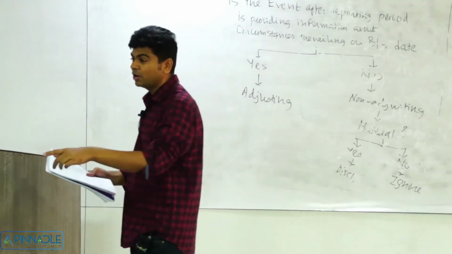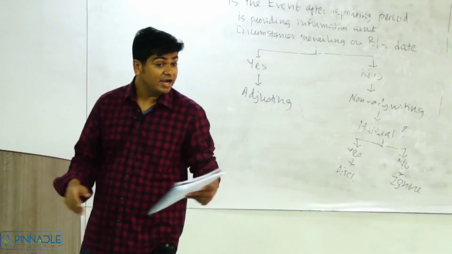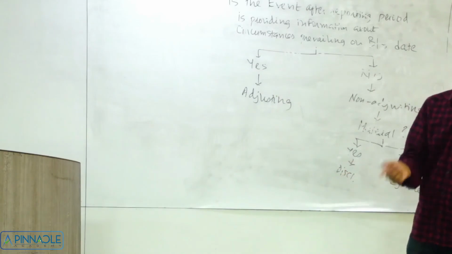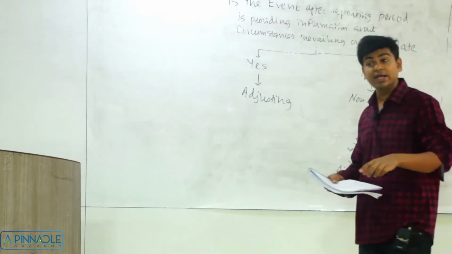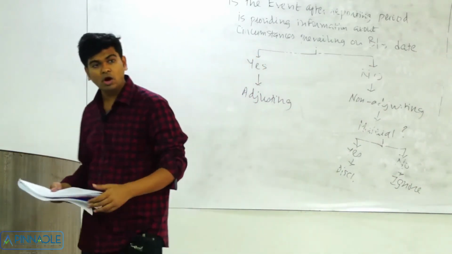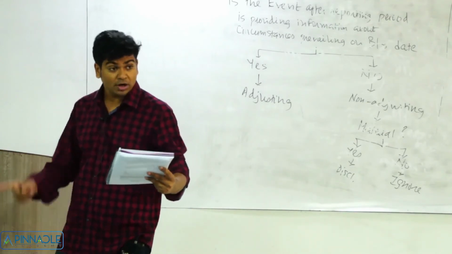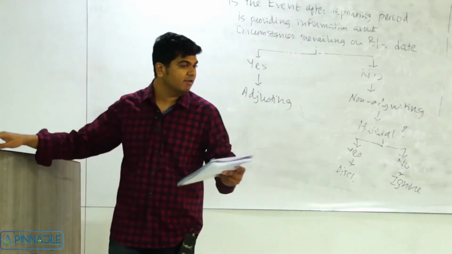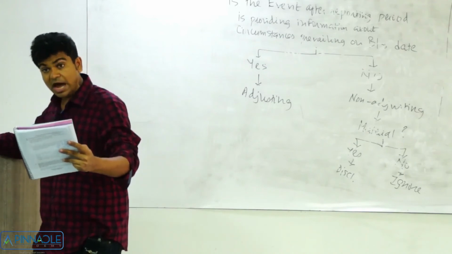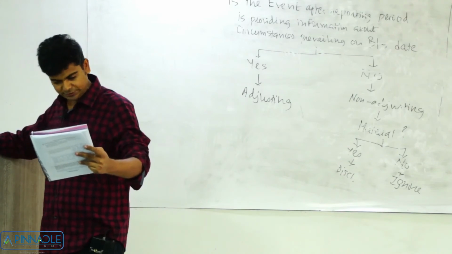Okay, you are doing your contract over here. What was it? Sand was always there. See, on 31st March, sand was there. You were not knowing about it. Now when you started digging that land, you realize that, okay, sand is there. Some rocky surface is there. And because of which, your cost will increase. So tell me, what is it? It is adjusting. It's not like the rains, which just came from nowhere. That sand was always there. You were not knowing. Now you come to know as this event occurs. So adjusting.